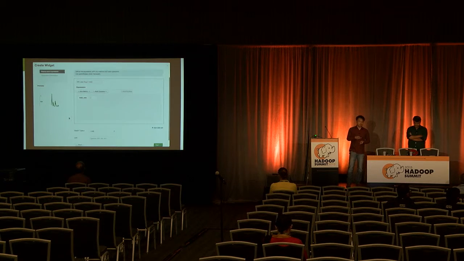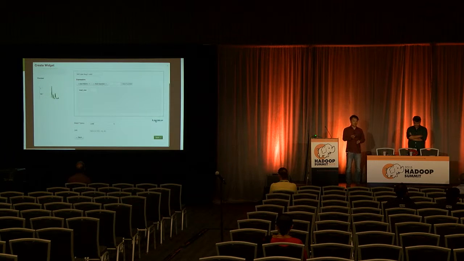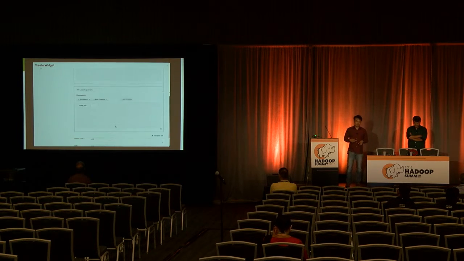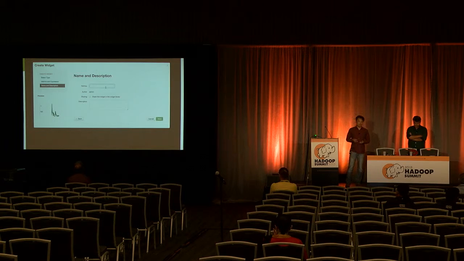The user selected this 1 minute load average metric. And as you can see, it does a live preview of the graph, and you can keep adding data series. So, in this scenario, we're adding 2 lines to the graph. One is 1 minute load average, and another is 5 minute load average. And as you can see, there's this expression builder, and in the example, it's just doing a straight up